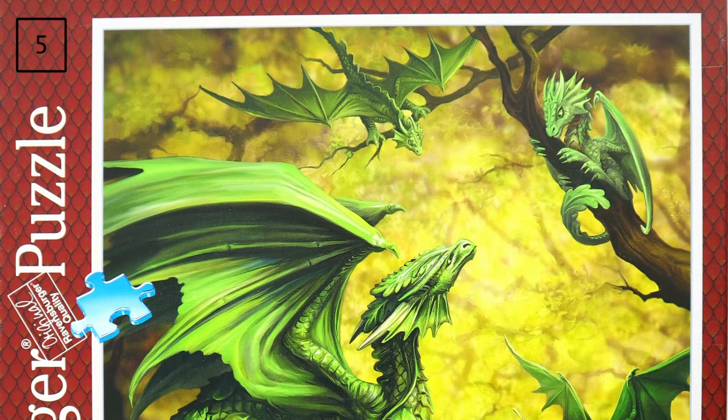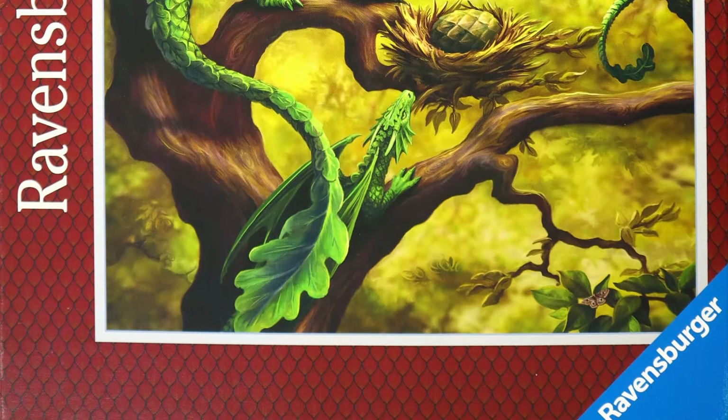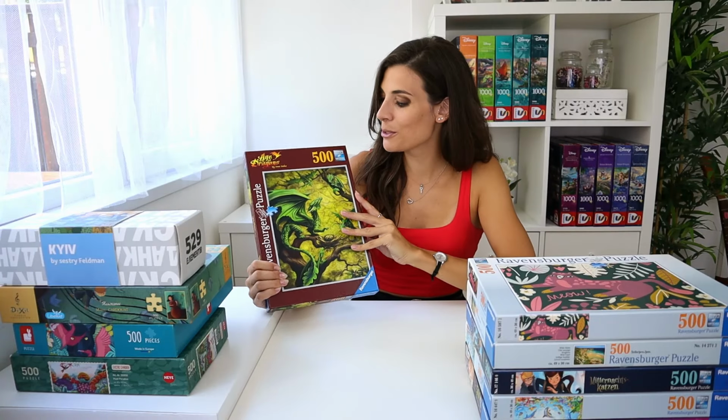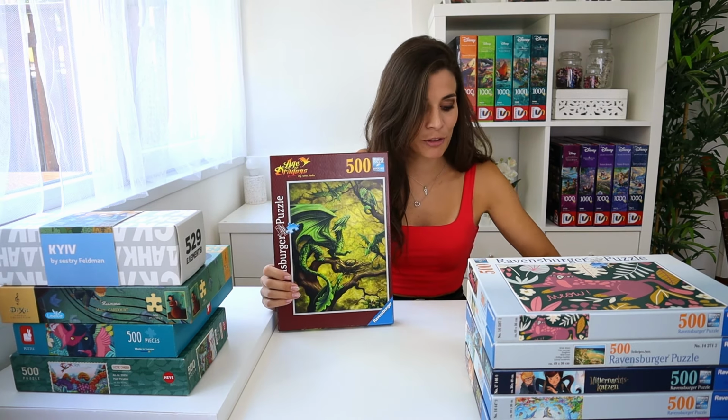The first one is a 500-piece puzzle by Ravensburger, and the title of this one is Forest Dragon. So the puzzle we've all been looking forward to doing, right? Not. Anyway, my prediction for this puzzle was